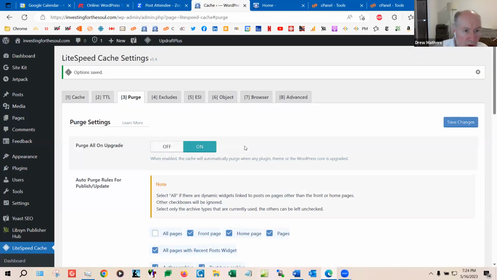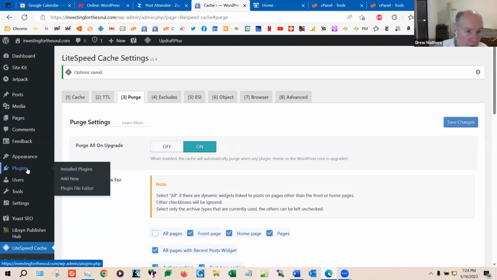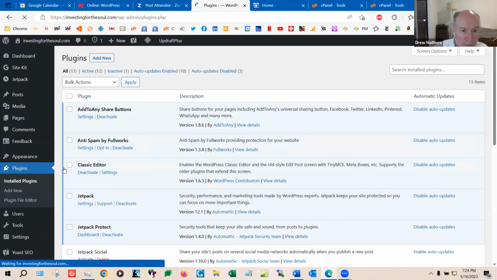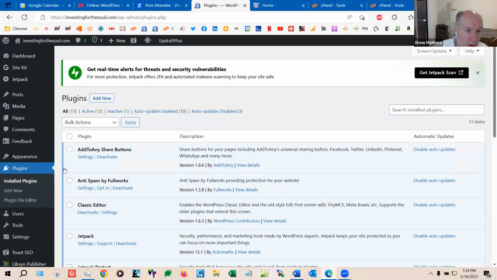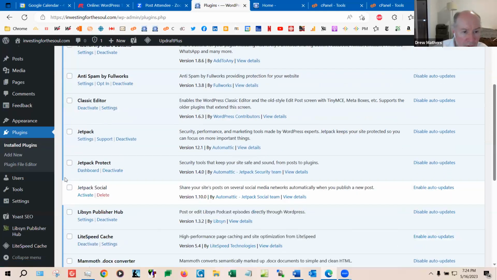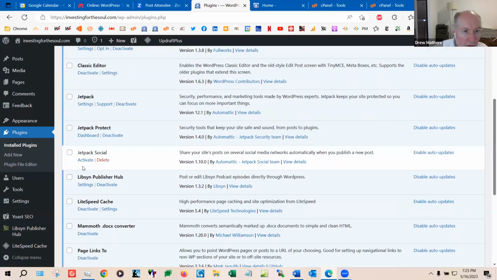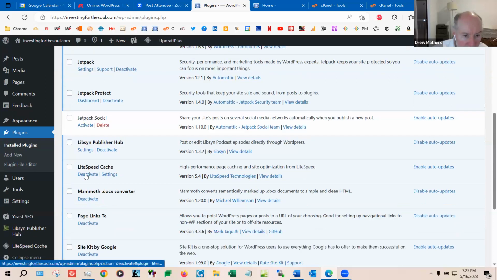So let's go into plugins. Installed plugins. Oh, hang on. Let's go back into these settings for Lightspeed cache, and scroll down a bit. Lightspeed cache settings.